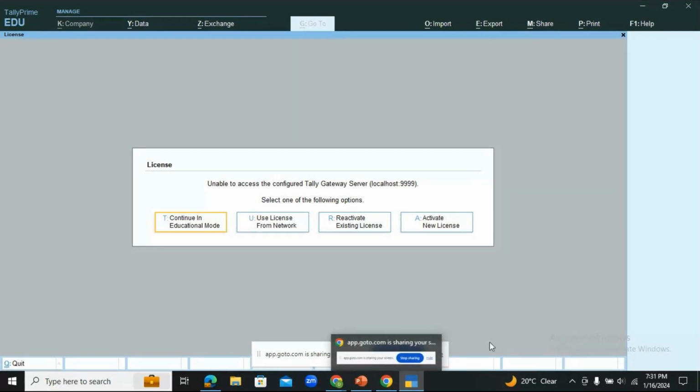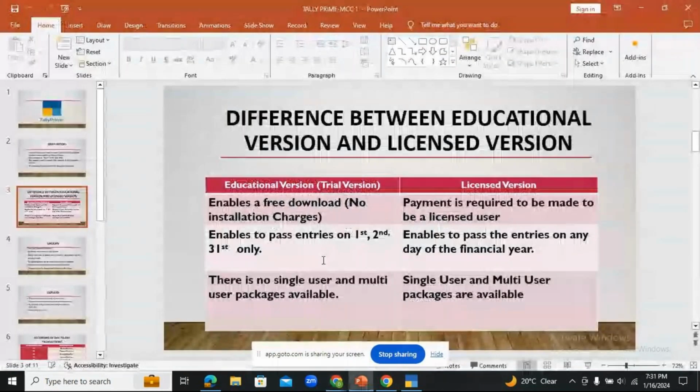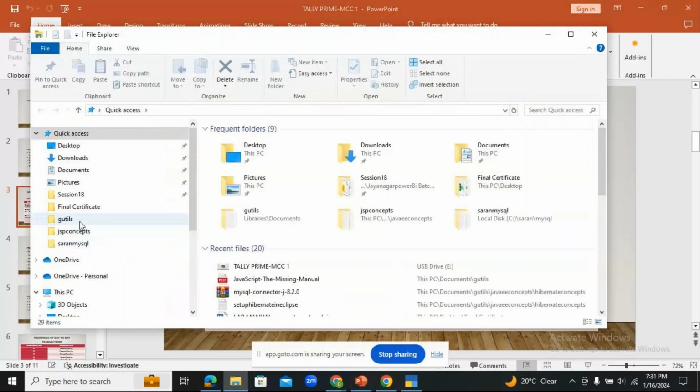So let me discuss a few earlier versions. Before we had the Tally Prime software, of course, as I told you, it was introduced as Peutronics. And later on, we had a couple of upgradations. Yes, give me a second. I'll just show you the old versions of your Tally Prime.